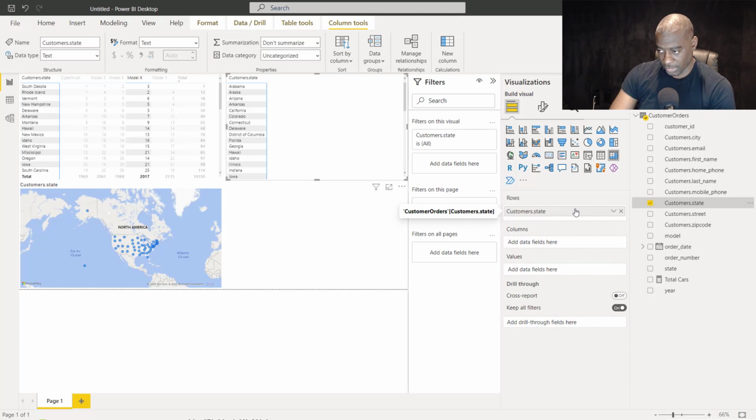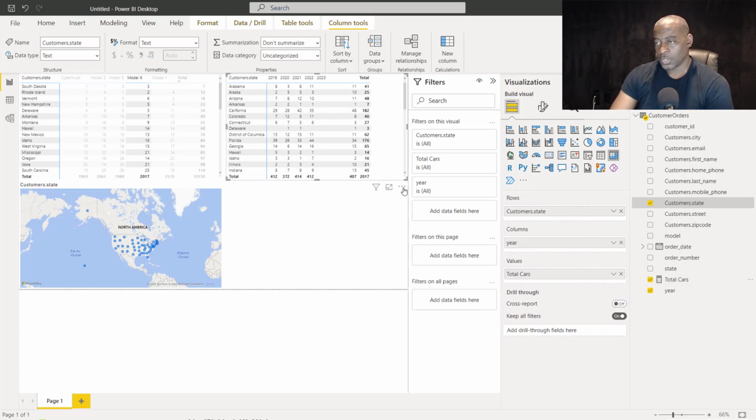Okay, so now that we have that, let's build another quad using the matrix that shows a different view. Okay, so this one, again, I want to start by state, but now I want to look at the year of the cars sold for that state. So I can do something like this. So here I have, again, very similar to here. So this quad shows me which models were sold per state. And now I want to see the year of the model or the year of the vehicle sold in that